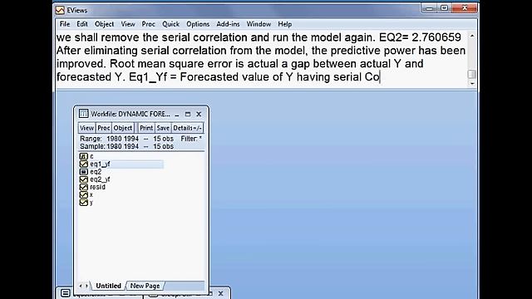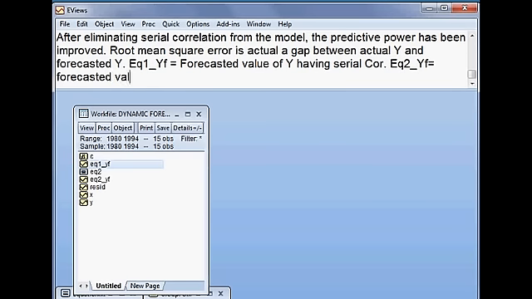And EQ2 YF is the forecasted value of Y having no serial correlation,